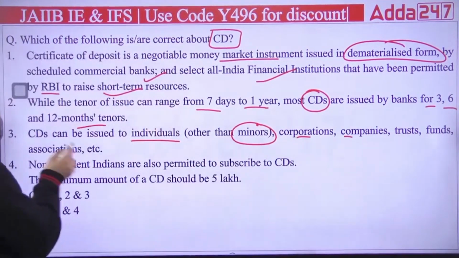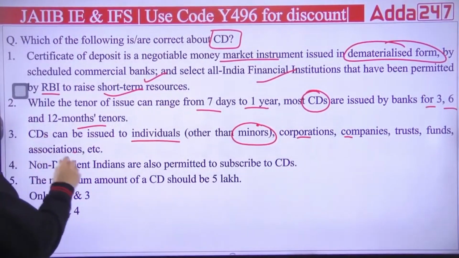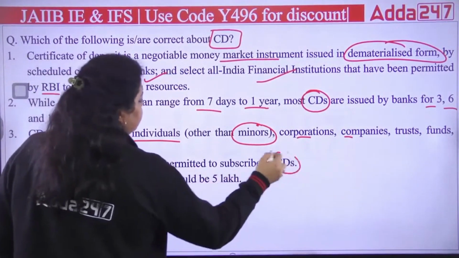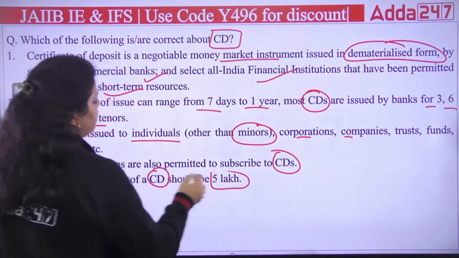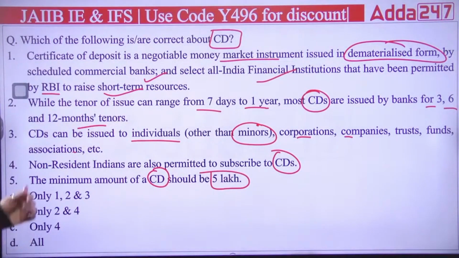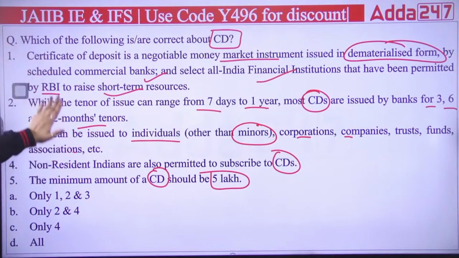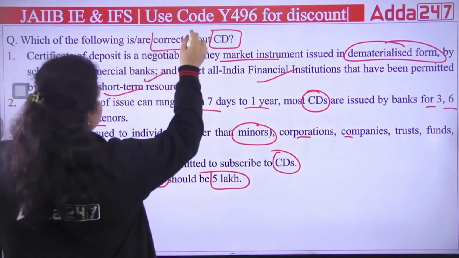companies, trust fund, association, etc. Fourth is saying NRIs are also permitted to subscribe to certificate of deposit. Fifth is saying the minimum amount of CD should be 5 lakh and thereafter it should be multiple of 5 lakh. Now, you have to answer out of these 5 statements which of the following is correct about certificate